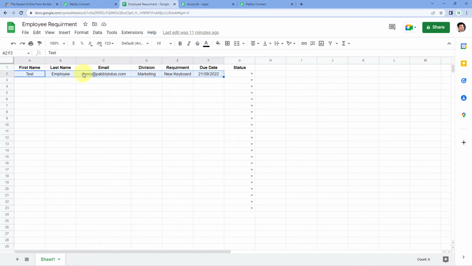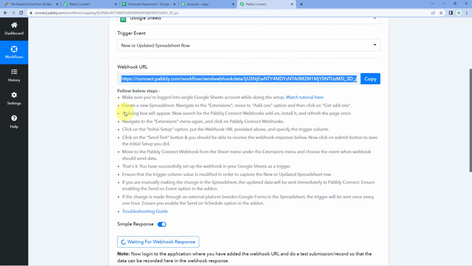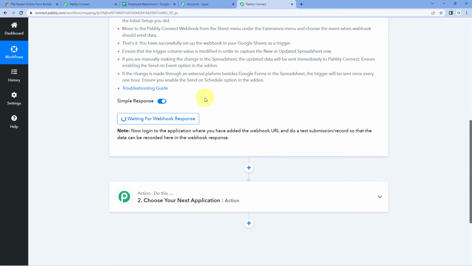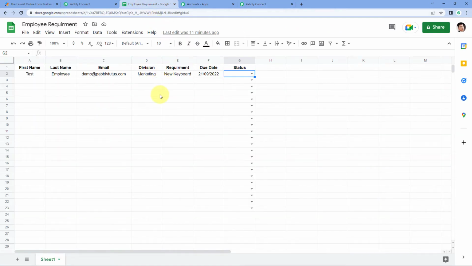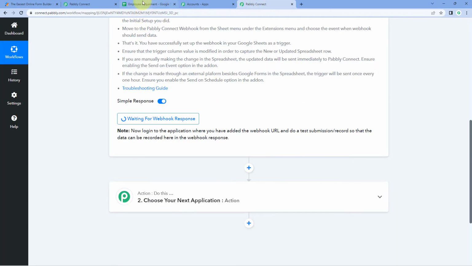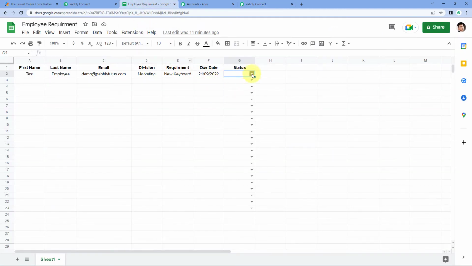Right now you will see that in the first row, we have the data of the requirement which we have received from JotForm in this sheet. But the status is not updated. And here in Pabbly Connect, as of now, we haven't received any data yet. We have successfully made the connection between Google Sheets and Pabbly Connect, but we haven't received the data over here. But because we have selected send on event, we will see that as we update the status, the data will be